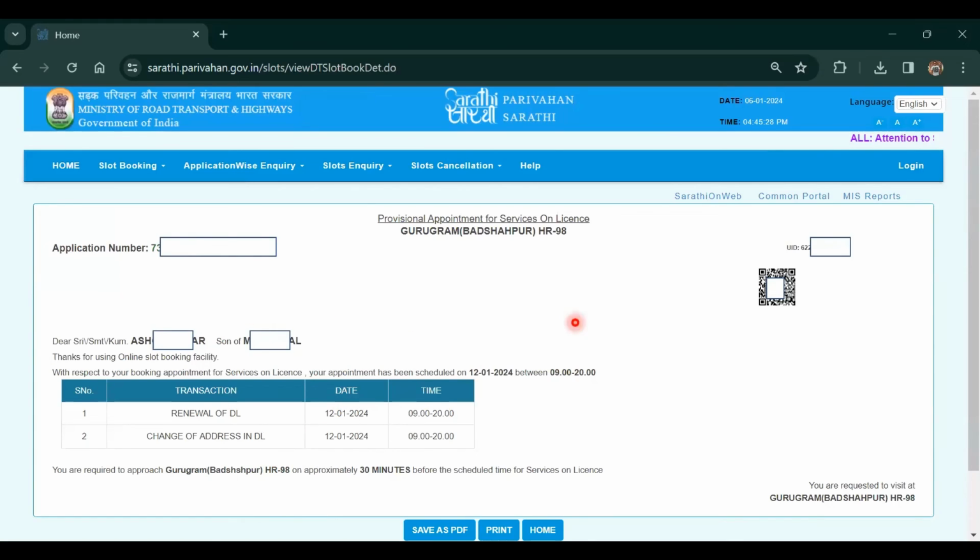Now your slot is also booked. This is again a page confirmation that you will get: dear, your name, your slot has been booked for 12 January from 9 to 8 for these services. You can visit this RTO that you've chosen and try to reach 30 minutes before. So basically anytime during the day, and then either save this as PDF and print later, or print right now